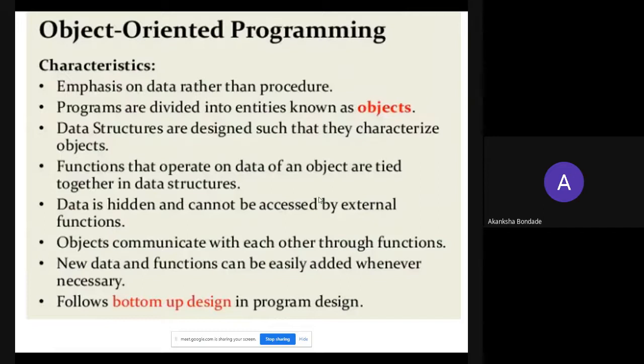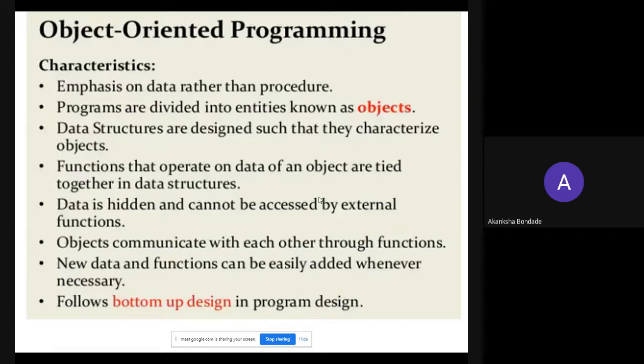Data structures are designed such that they characterize objects. Functions that operate on the data of an object are tied together in the data structure. Data is hidden and cannot be accessed by external functions. Objects communicate with each other through functions. New data and functions can be easily added whenever necessary.